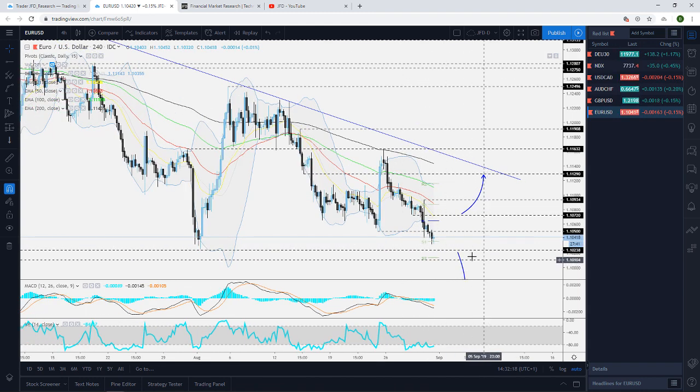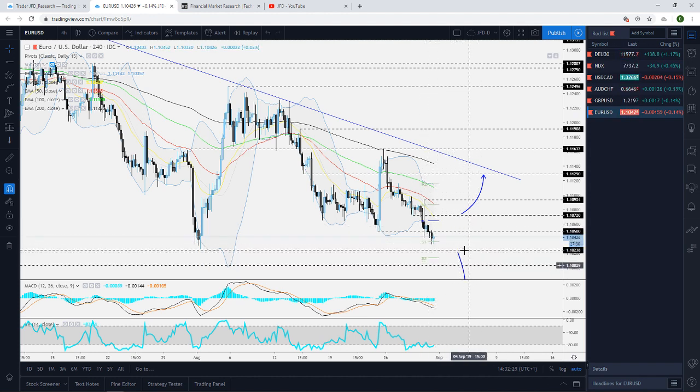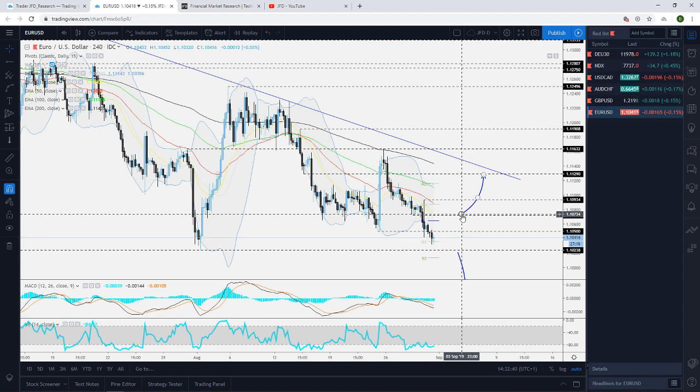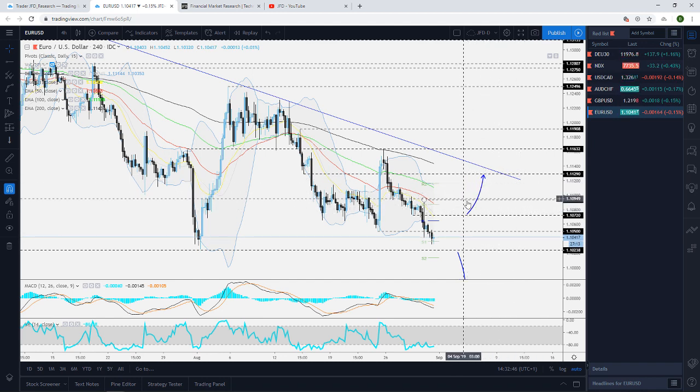But again, like I said before, we could examine further declines. We need to see that break below this 1.1024, 25 in order to kind of, let's say, aim for further declines, because this way the pair would confirm a forthcoming lower low, and probably more bears could start joining in here. If this pushes back, let's say, above the 1.1072 area, approximately around there, we will start considering slightly higher levels. We'll aim for the 1.1094 zone, but if that fails to hold,